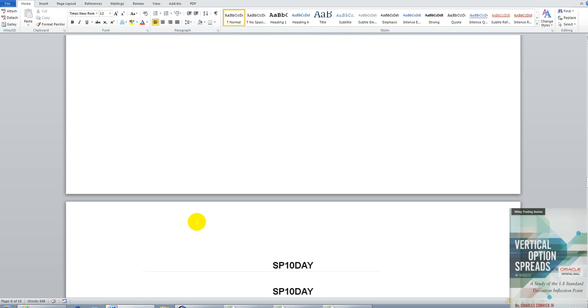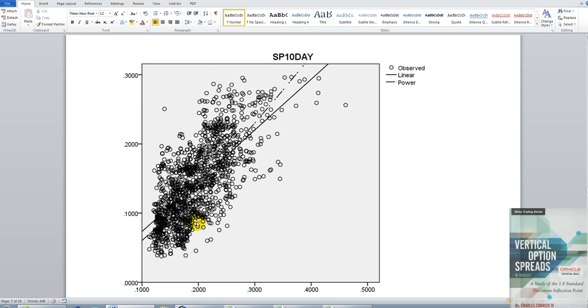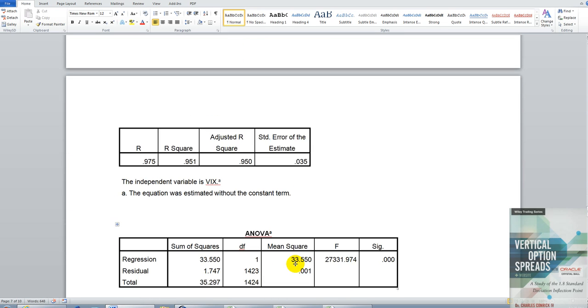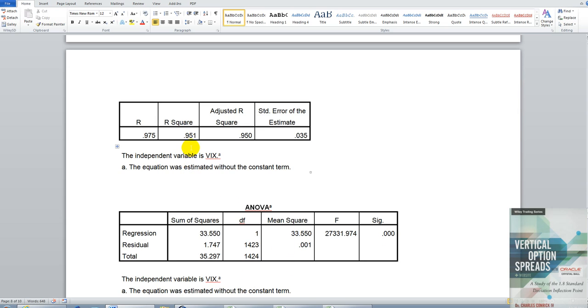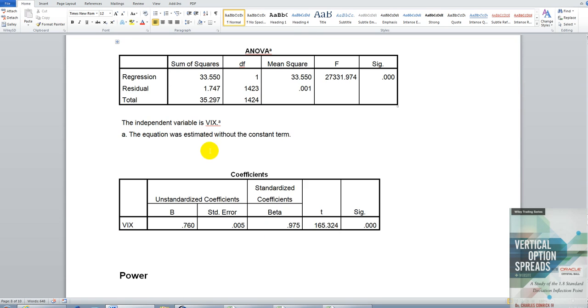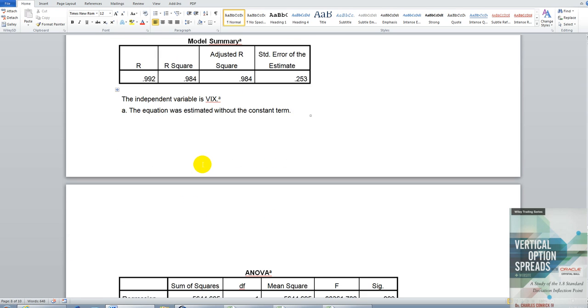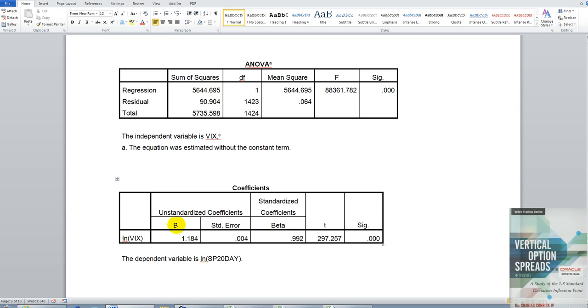And then finally on the 20-day, there's your diagram chart of VIX functions versus actual volatility being on the left side, VIX on the right side, or on the horizontal axis. On the 20-day, the linear function gave us a 95% regression. The coefficient was 76% on the 20-day volatility. The power regression gave us a 98% estimation with an